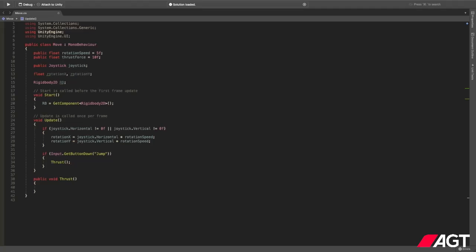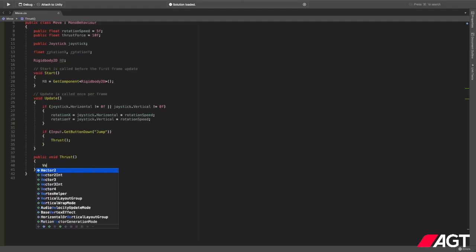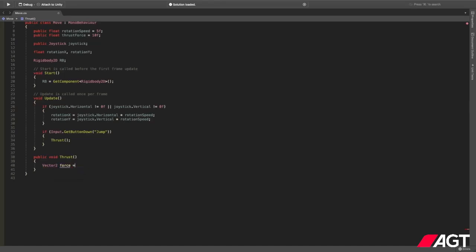And of course, for the mobile side of the game, we need to connect the user interface button on the screen with this method, which we will be doing later. So let's write the logic in the trust method. It will be quite simple. We just need to declare a new vector2. I will call it force, and it will simply have a value of transform.up, which is, let's say, a forward direction of our player. So this will send our player in the forward direction, and I want to multiply this value with our trust